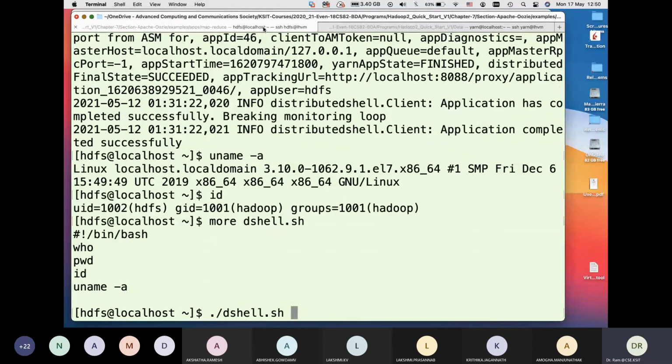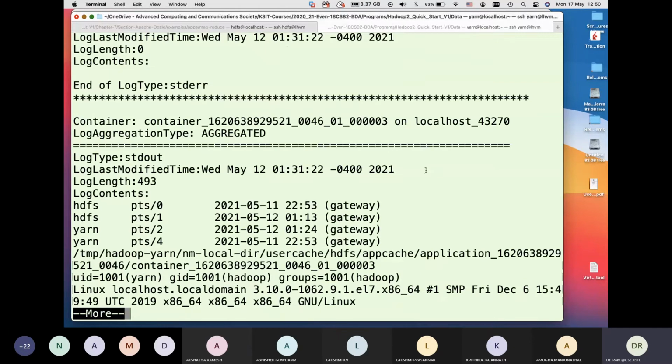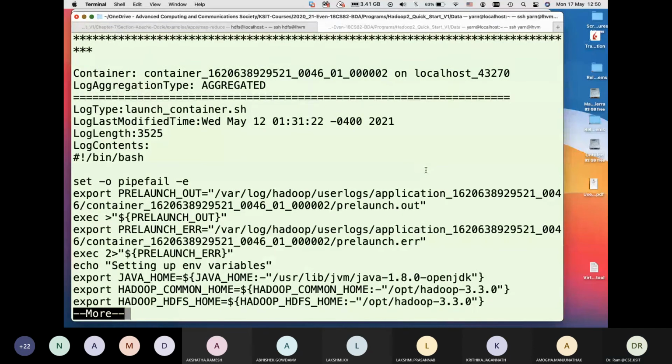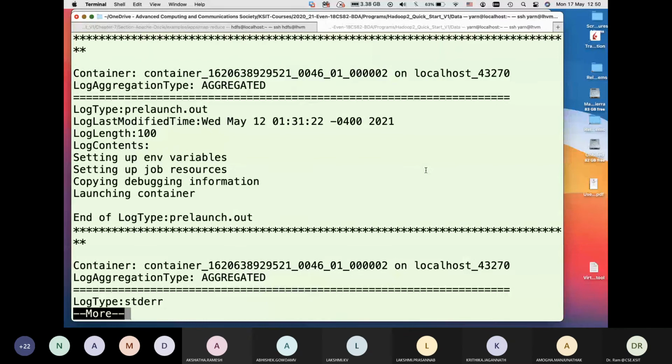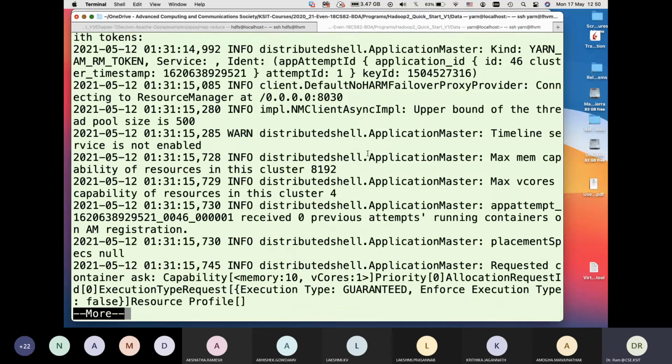I can run it as well and you'll basically get the same output. The who, the 4 users, pwd. This is where I'm running in my current shell, but in the container it's saying the container's present working directory, and then the uid and Linux, and that is the output of container number 3. The same way you'll get the container number 2 output. This is the output of container number 2. Then the output of container number 4, and container number 1 is the application master.